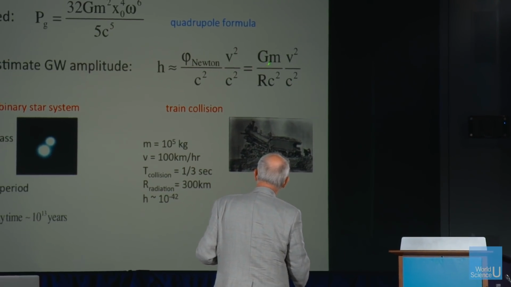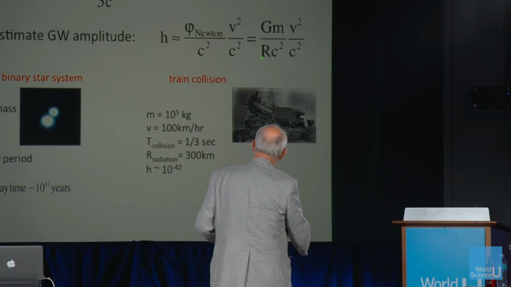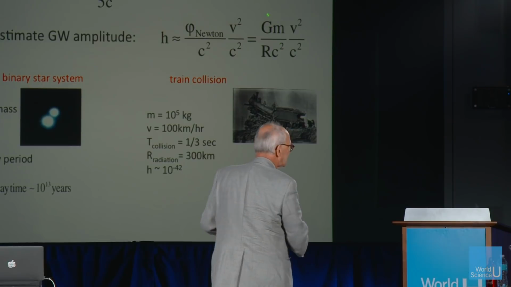That quantity, GM divided by rc squared, is the quantity you use to decide whether you want to use Einstein's theory or Newton's theory. Because what we live in right here, right now, when you put the Earth's mass in and the Earth's distance, the thing that's holding us to the ground, although you suffer when you have to climb a mountain, that number is zilch. It's 10 to the minus 10, a tiny number. It only becomes a big number with outrageous things like black holes, and we'll talk more about that. That number gets close to 1 at the event horizon of a black hole.